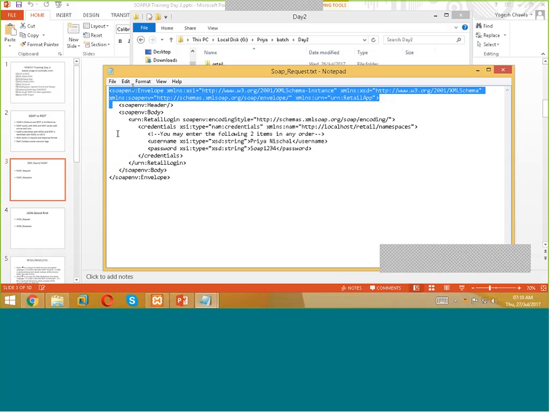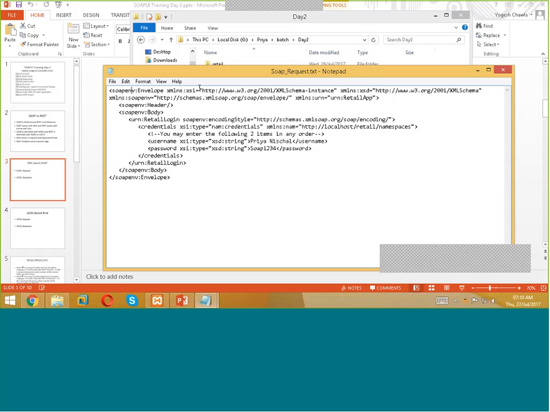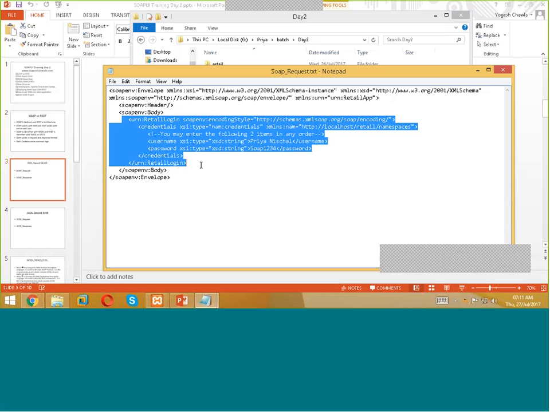Now, read the very first line. It consists of the URL. It consists of some of the versions of the SOAP envelope which it is using, and from where it is coming. Like this, it will use. It's a messaging protocol. A complete URL is residing within that request. And then the SOAP header tag starts and ends. This is the empty tag. Empty tag means what? Only within a single tag I'm going to write everything. But if it is my complete tag like this, the body tag starts, and within that multiple URLs and multiple tags